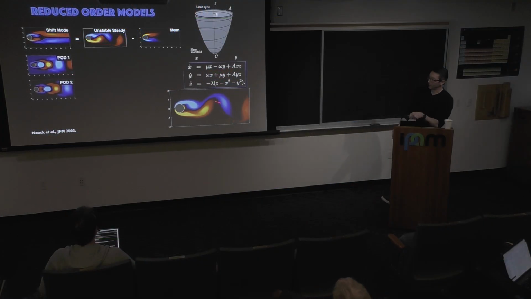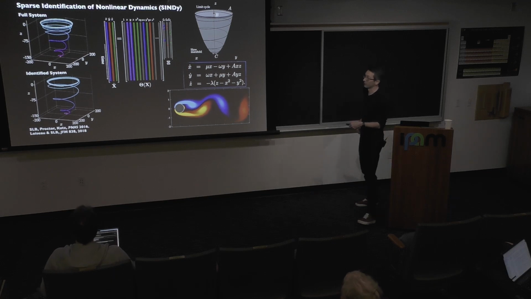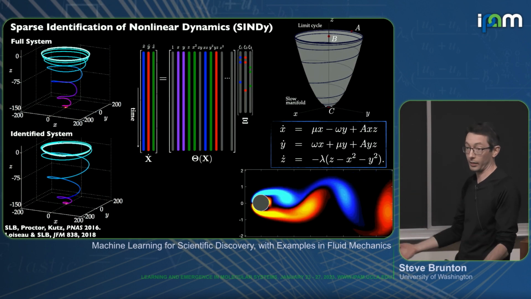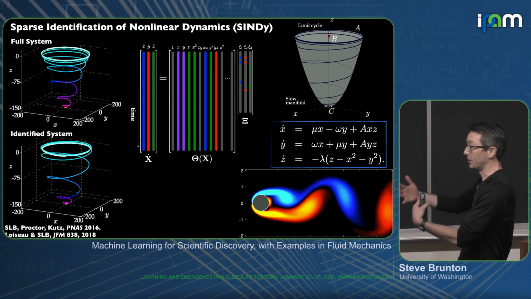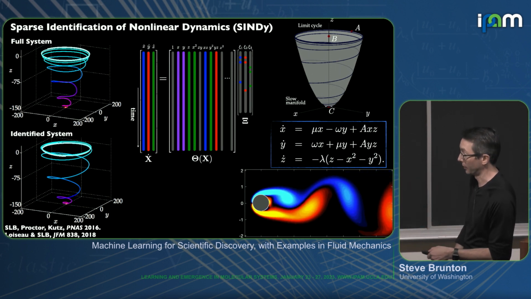We decided we would take this flow, measure it in these coordinates, and run it through the SINDy algorithm. And when we run it through the SINDy algorithm, we learn this model. This is the model that pops out, the one that Barrett-Nowak got from Galerkin projection. So we didn't need the governing equations. We didn't need a working CFD code. We didn't need to do any of those steps to find this model and this timescale separation.